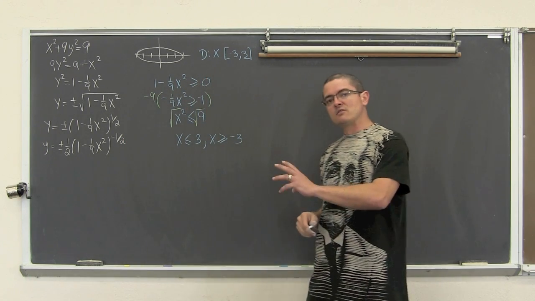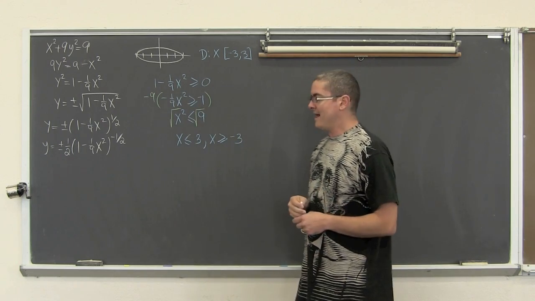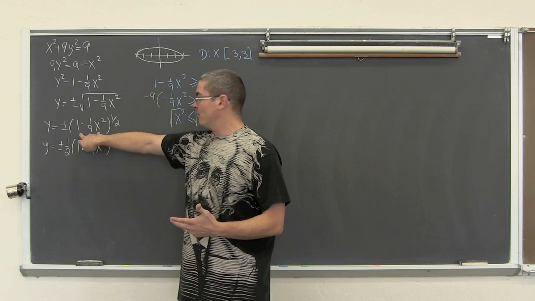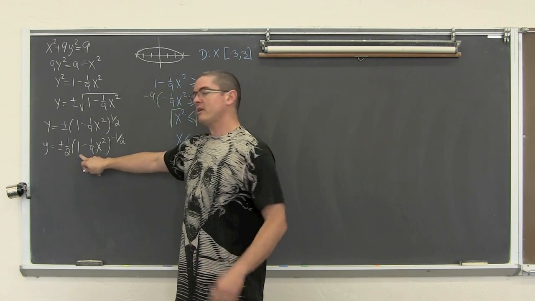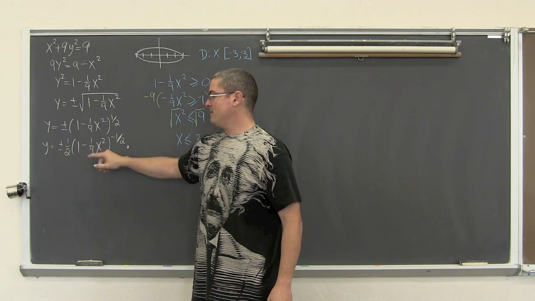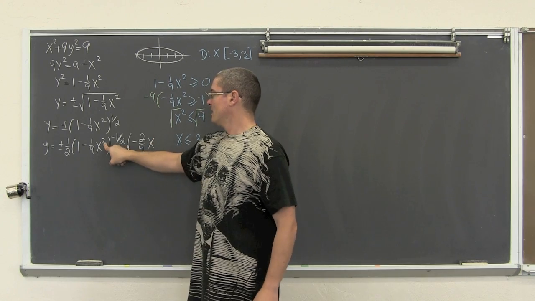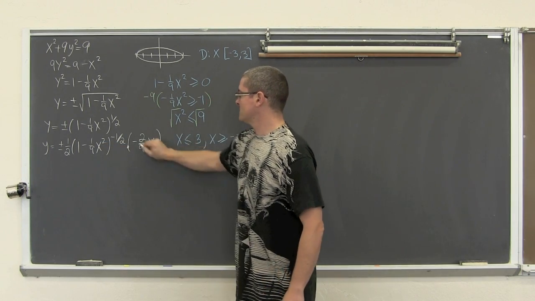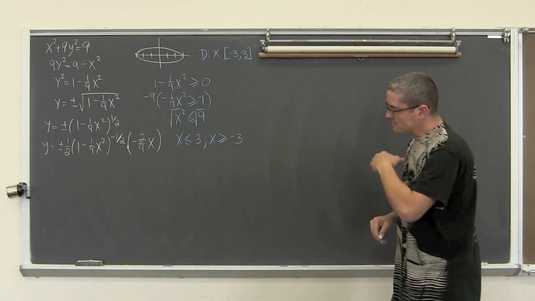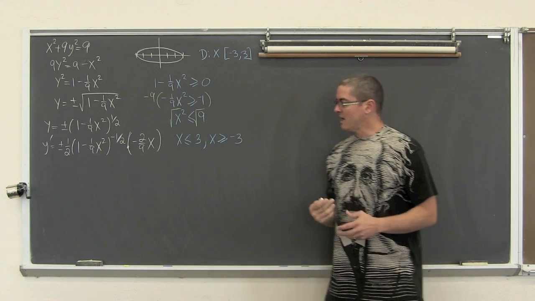Okay, so I just found the derivative of the outside function, the square root function or the power of 1/2. Now I have to do the chain rule and find the derivative of the inside function, the derivative of u. The derivative of a constant is 0, and we have negative 2 times 1/9, so negative 2 over 9 x, and reduce that power by 1. So this is my u, and this is my derivative of u. Again, I forgot my y prime mark there. We need to clean this up.